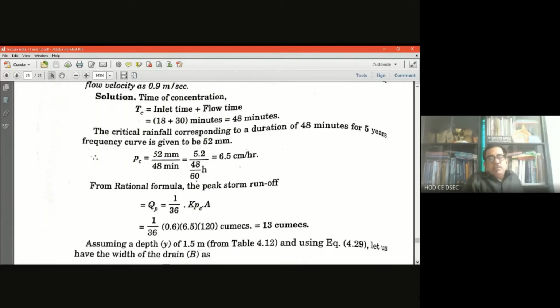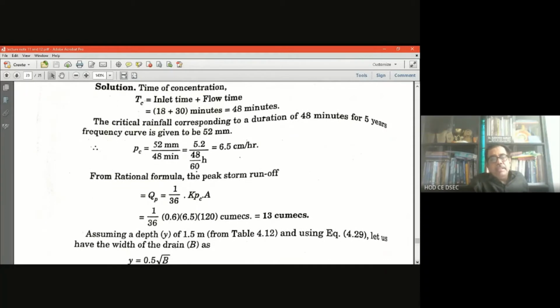Now the rational formula, which was also discussed in my very beginning lecture, is mostly used to calculate the stormwater flow discharge. The 1 by 36 is the conversion factor. KPC means the intensity; sometimes it can be written as KIA or KPCA. So 1 by 36, K is given in the question as 0.6, I you have already calculated as 6.5, and A